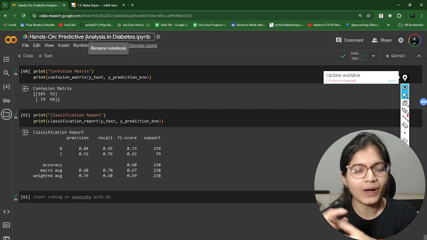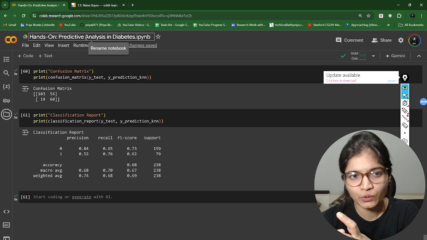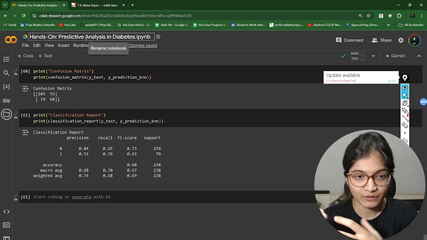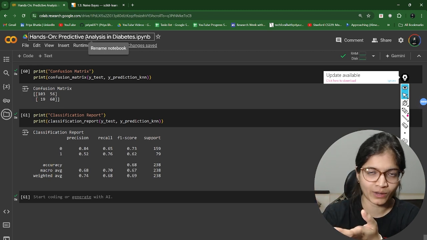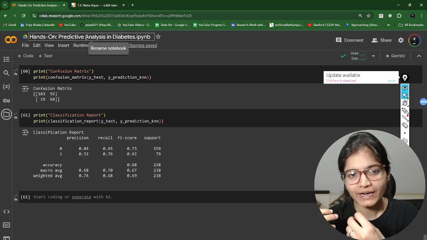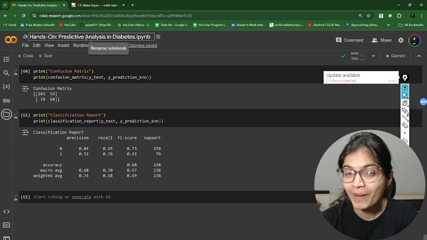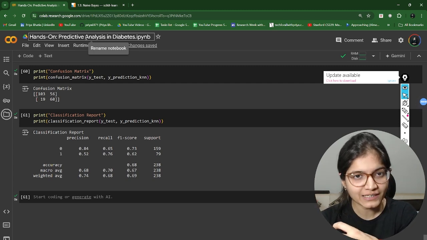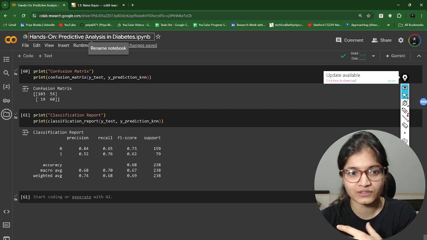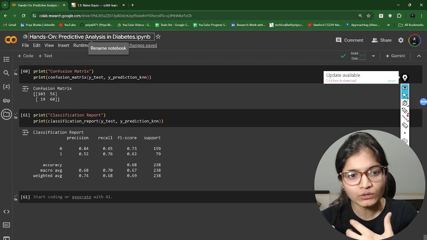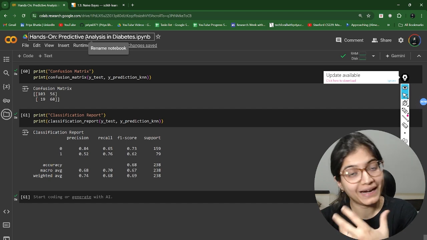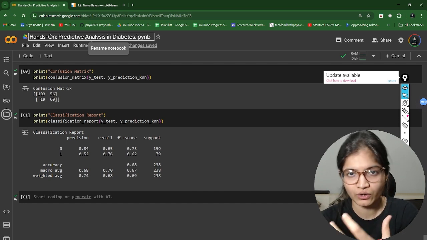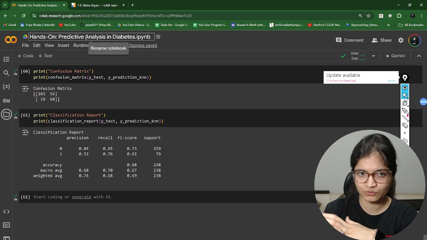So now I will implement the naive Bayes classifier here. If you remember, the problem statement was to predict the outcome, whether it is 0 or 1. We will apply this naive Bayes classifier and check what the accuracy is, what the classification report is, and how the numbers look when we apply it. Is it better than, or comparable to, logistic regression or not? This is the main purpose of today's session.